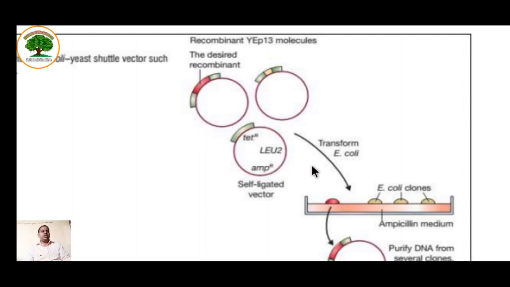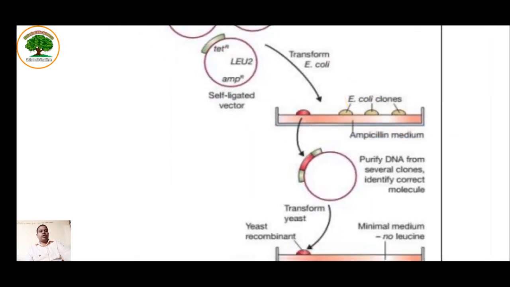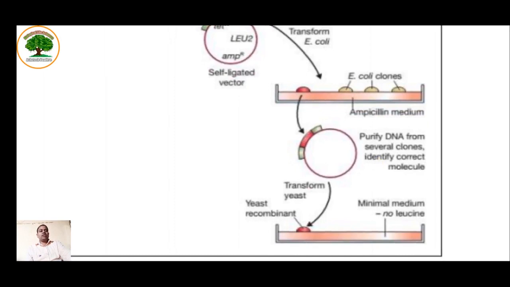Okay, now this is transformed into E. coli. So what will happen? There is a colony developed here. You can see the colony, and this is the ampicillin medium, and this is the fragment of interest. Now this colony can be checked, or DNA can be purified from several colonies to identify the correct molecule. As this is a minimal media supplemented with ampicillin, what will happen? This colony will be able to produce leucine, and it will grow on that, and you can purify this recombinant yeast having the